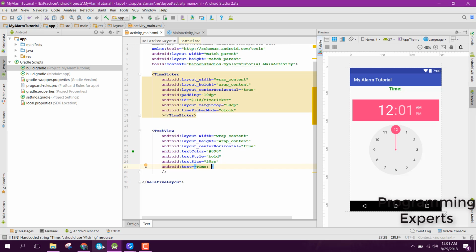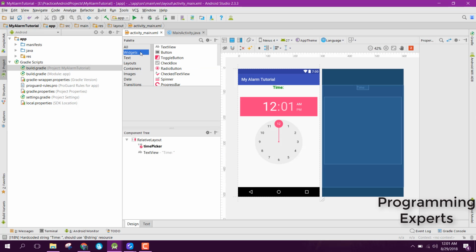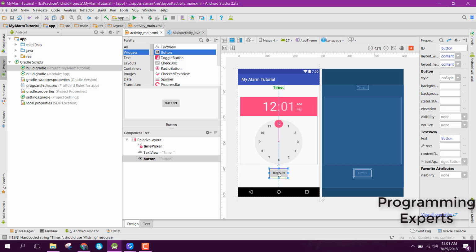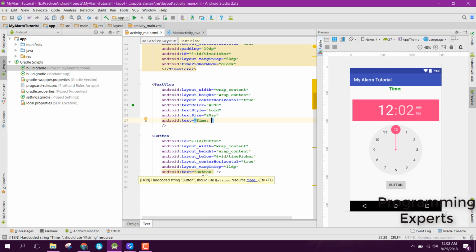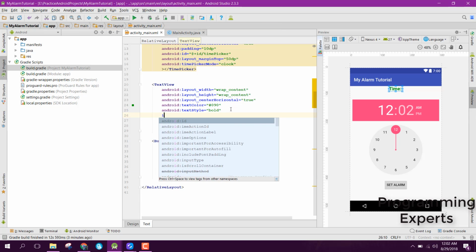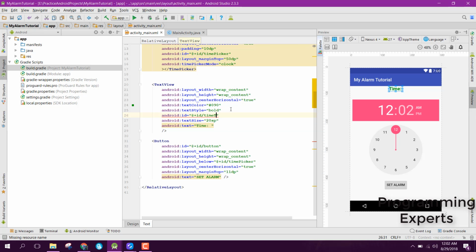So let's just drag a button here and let's say set alarm. Alright, so we can say set alarm. So I guess that is it. So now let's go. Okay, so I guess we forgot the id here, so we can say id time text